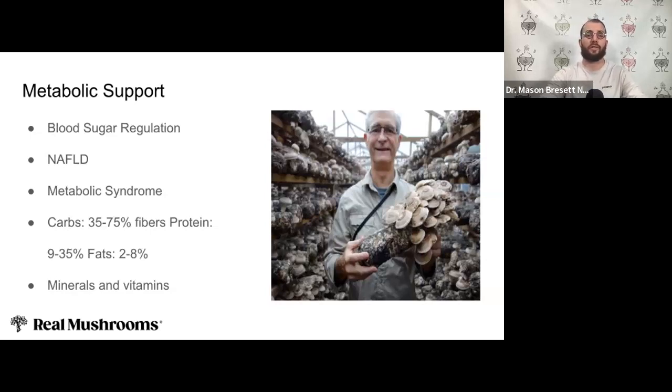And they're actually a decent source of some B vitamins, especially shiitake and oyster. Those mushrooms are particularly high in B vitamins. And those B vitamins can add some methylation support to your patients' plans as well, if you are working with any of that and trying to support the